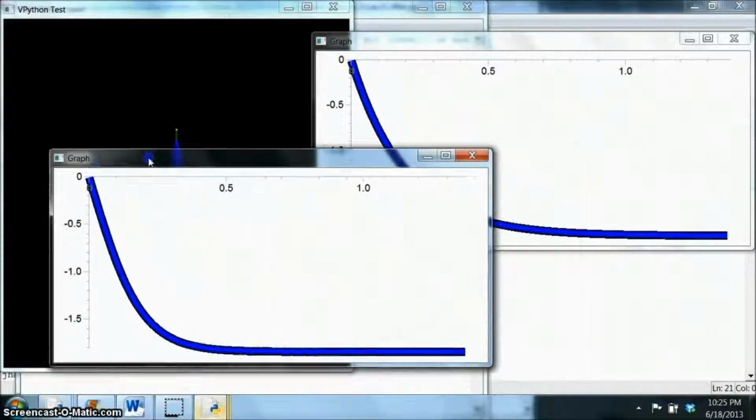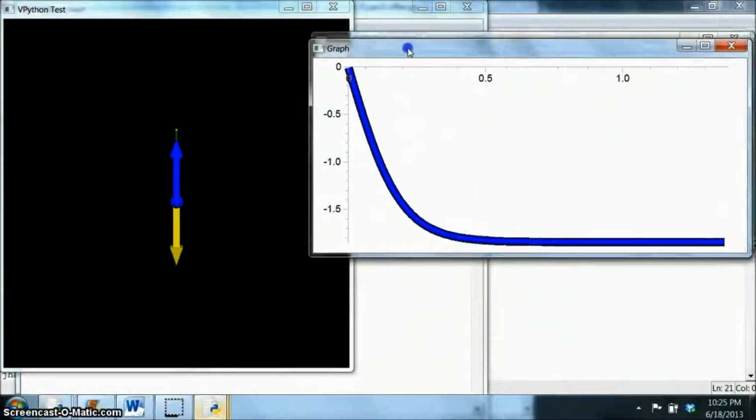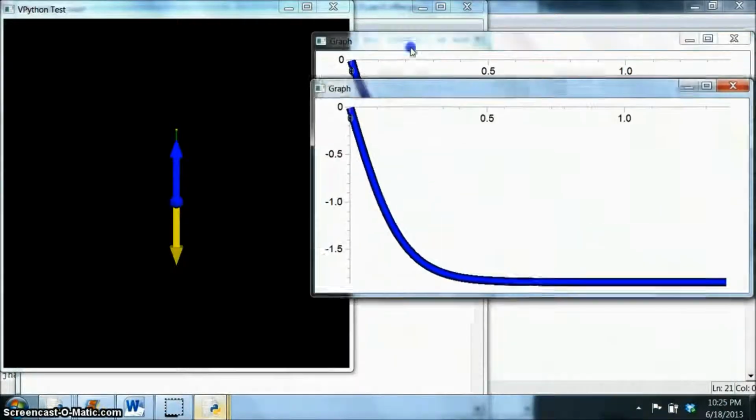So what we see is that both of these literally line up and they're the exact same. What does that mean? That means terminal velocity is going to be reached at the exact same time. It does not matter